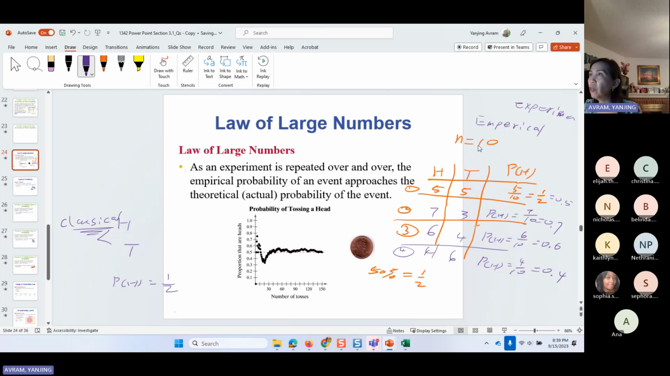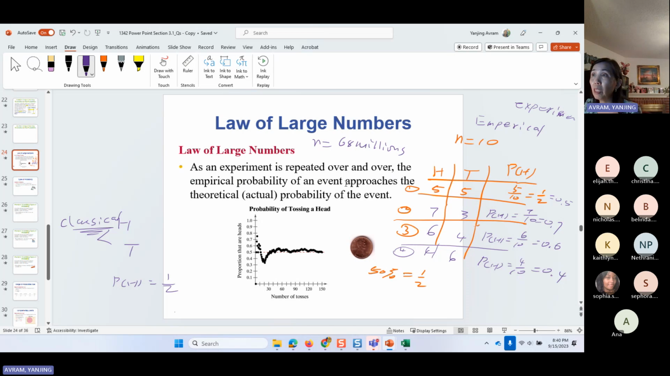But if you flip the coin many times, not just 10 times, if you flip the coin on the Raker, it's 68 million times. 68 million times. That is a lot of flipping. If you flip the coin 68 million times, guess what? It's going to get very, very close to 50 and 50. All right, so that is called the law of large numbers. As an experiment is repeated over and over again, like on the Raker, flipping a penny 68 million times,